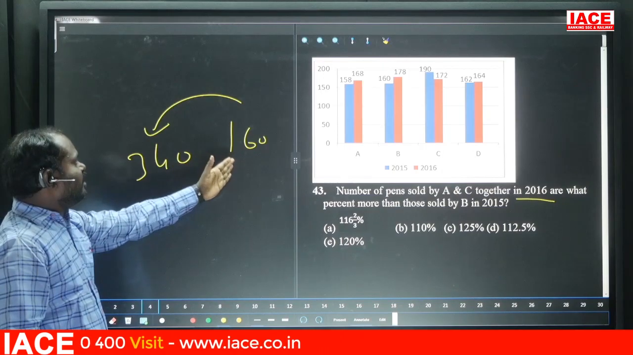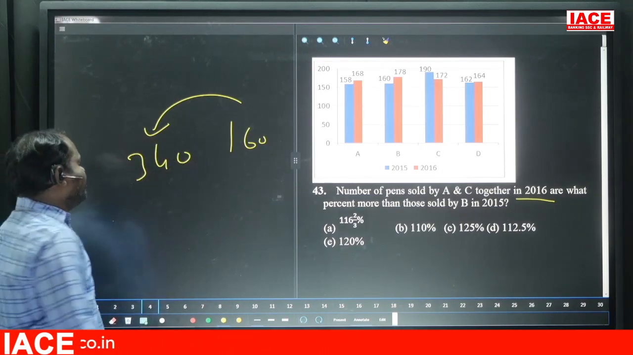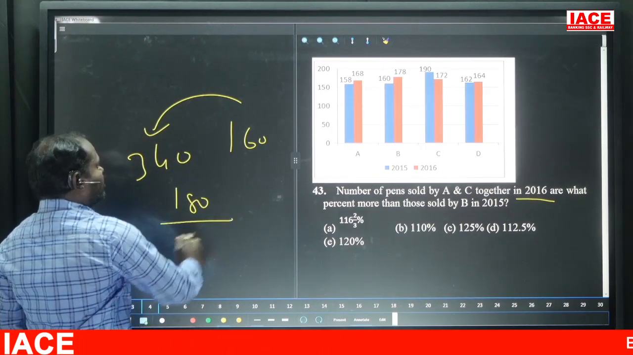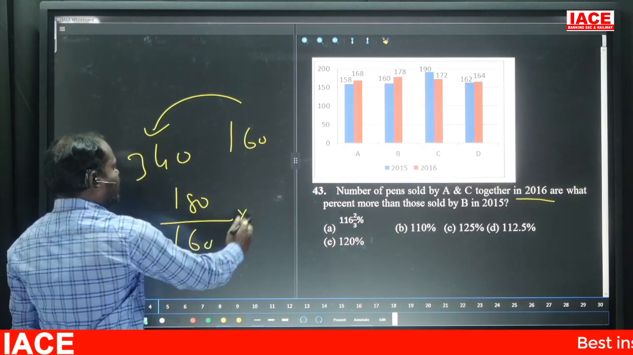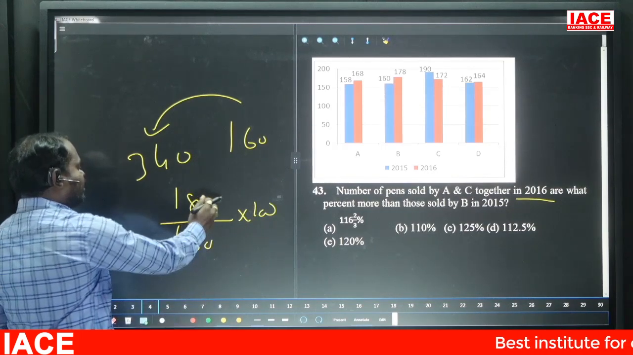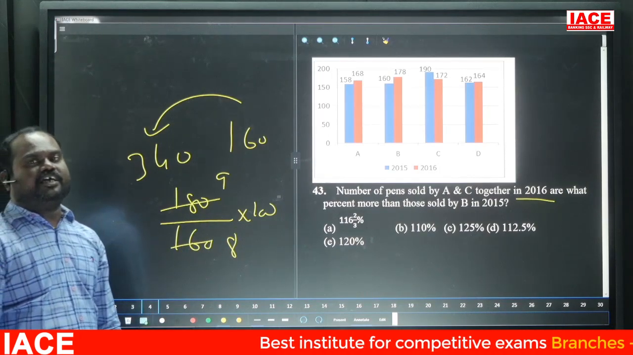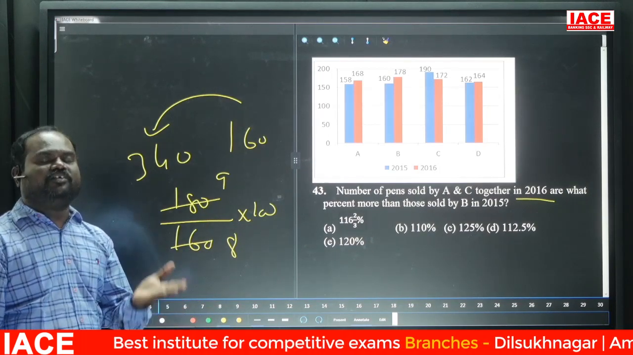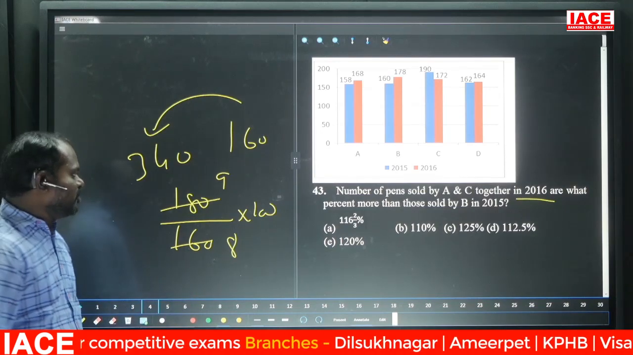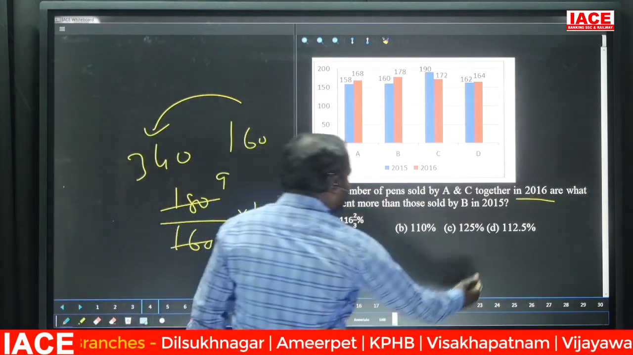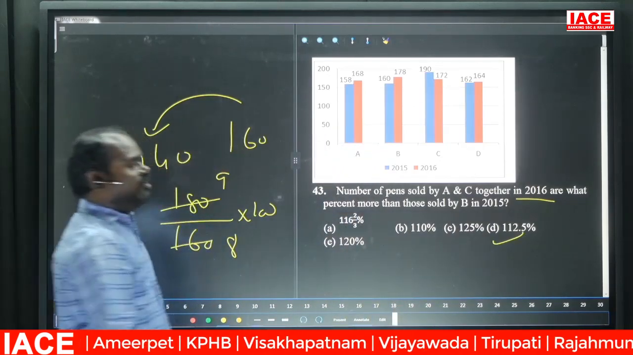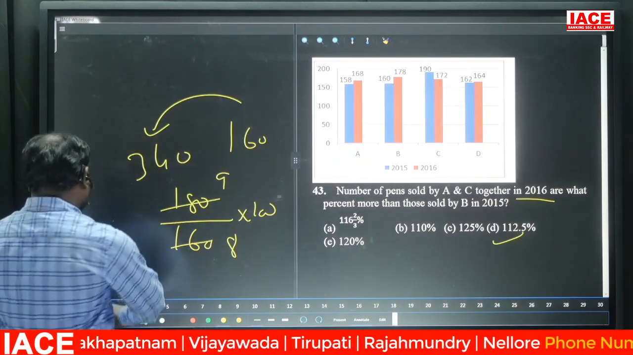If you observe carefully, the difference between 160 and 340 is 180. Taking 160 into 100, we can cancel: 9 by 8 is 1 plus 1 by 8, that means 1 by 8, which is 12.5. So 112.5 percent, option D. Next,